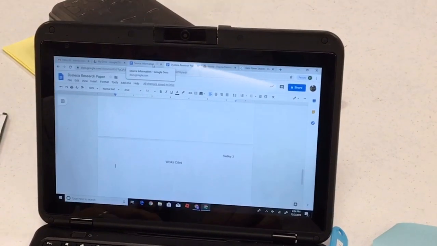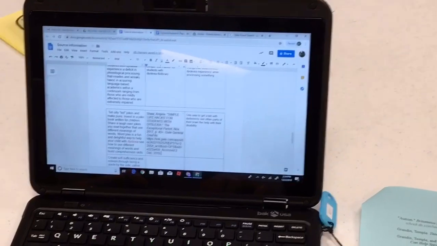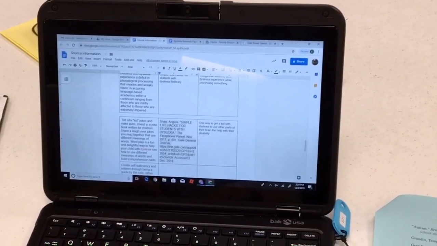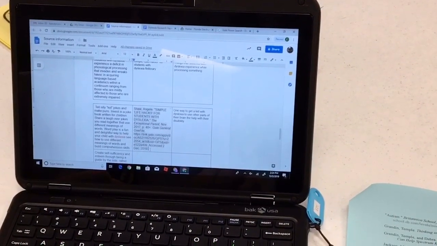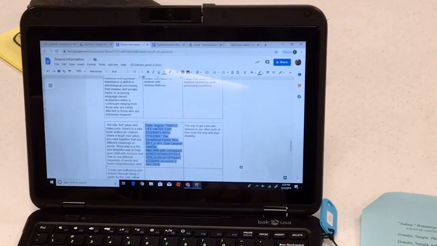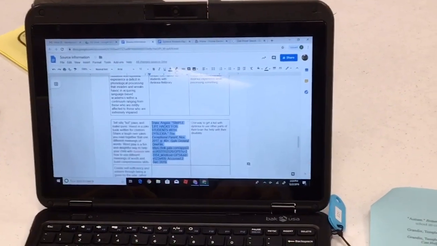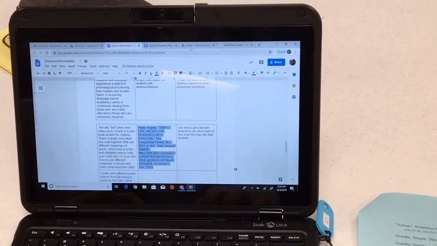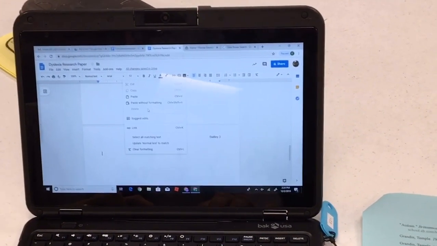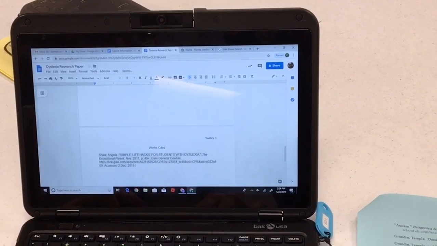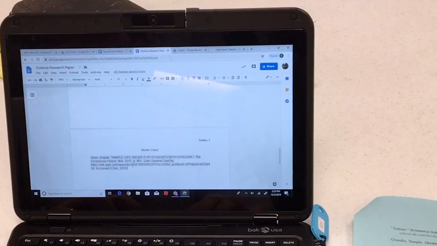Now, if I have in my source information from Flea Library or Britannica, remember I showed you both of those sites have the MLA formatted source already set up for you. In this case, this student does. I'm going to highlight, copy, that's my Control-C shortcut to copy, back to the Works Cited page, and I'm going to paste. Now, this is going to hold the same font, Arial, so if I'm using Times New Roman, I need to change all of that